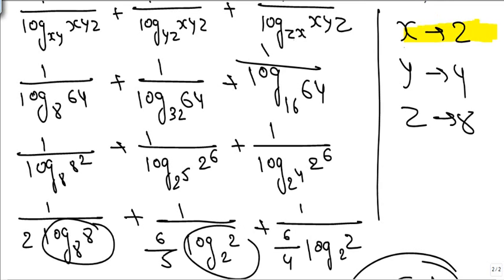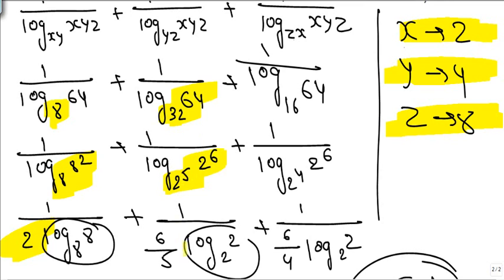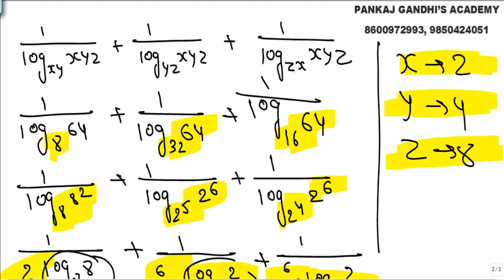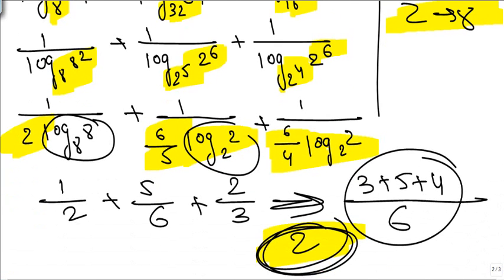Values we put in: we took x 2, y 4 and z, this thing. 8 raised to 8 square, ये 2 आ जाएगा. 2 raised to 5 is 32, 2 raised to 5 is 64, 2 raised to 6. So this is 6 by 5, this value. And yes, 2 raised to 4, 6 by 4, this value. So the answer comes out 2. Enough practice we got so that we can easily get it next time, that anything is workable with trial and error.